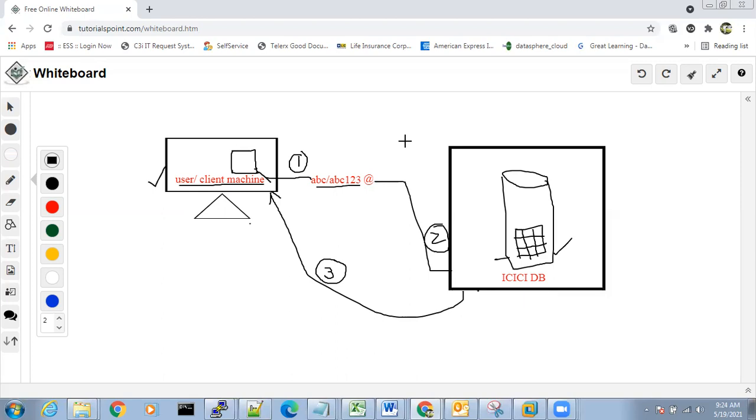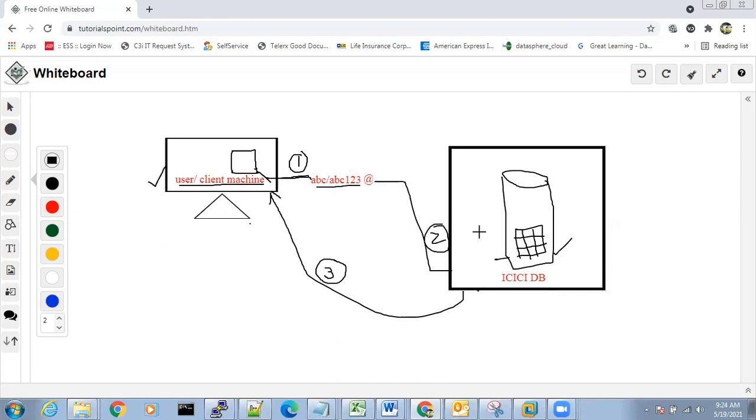Okay, sir. So now let's get into the session. When every one of you is able to listen to me, then only you understand the session. If not, you don't understand. In the same way, when a user wants to connect to the database, the user has to connect to the database, then only the user will be able to continue day-to-day activities like insert, delete, update, whatever it might be, any activity. User has to connect to the database.